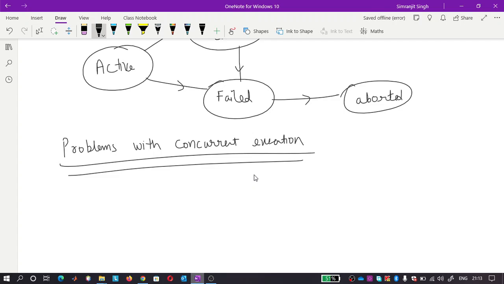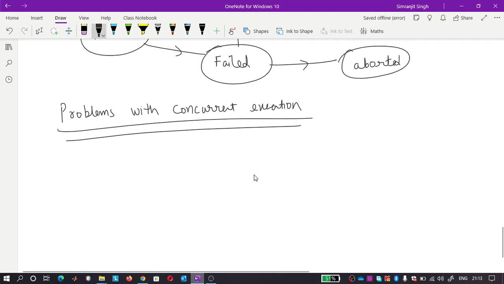So again we are taking a scenario here. Suppose we are transferring 50 rupees from A to B. This will be our first transaction. Another, suppose we are adding 4% interest to the account of A. This will be transaction T2. Okay, so now see here,